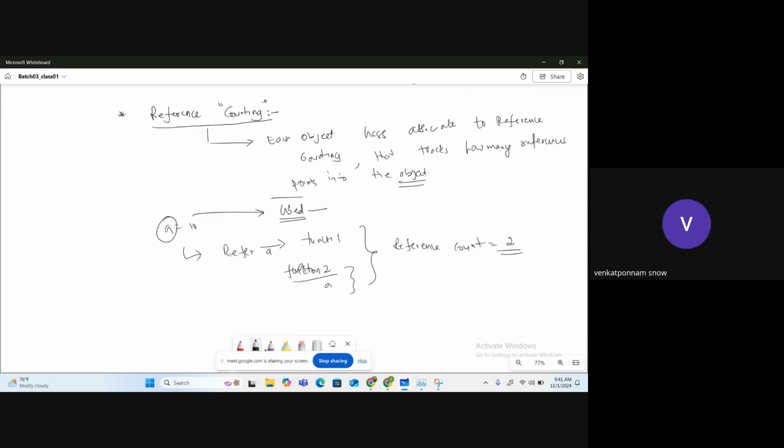Even if the interpreter wants to generate this count for a variable, at least it needs to interpret it till the function is completed, right? It has to interpret the entire page once. After that only will it identify whether this variable is used or not. No, 1 minute, 1 minute.